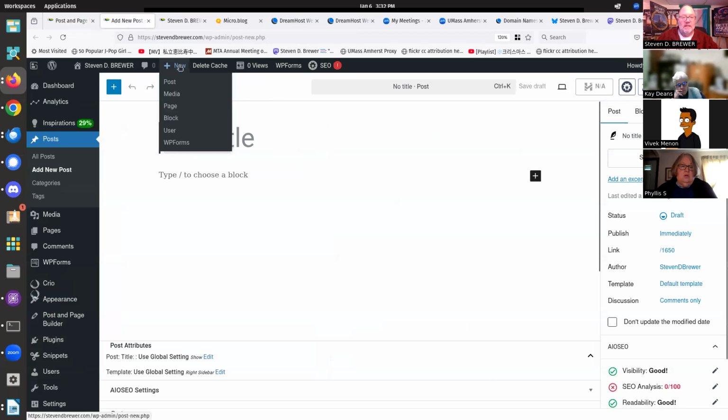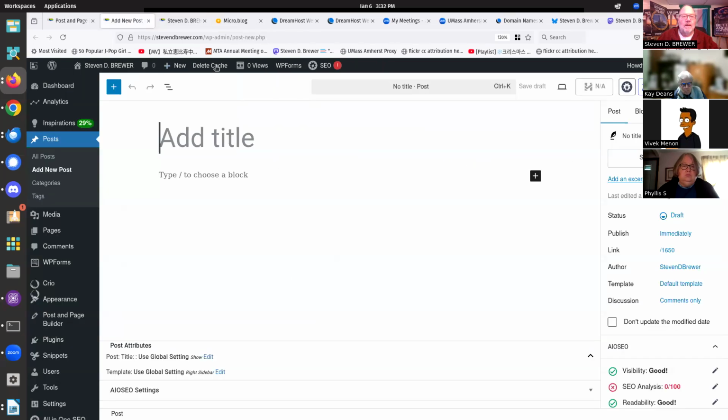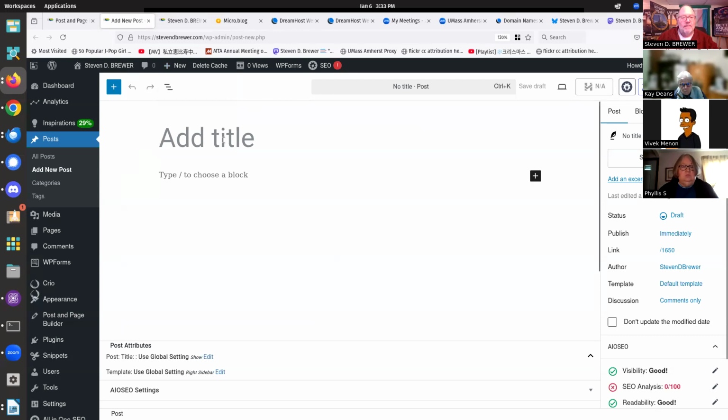But in my case, to create new content, these are all different kinds of content that I can create. As I mentioned, you have just a handful of pages. I had About Me and Books, for example. These are the pages that I've got, and I can create a new page by going to this link. If you want to create a new, basically, news article, one that's going to show up in the blog, then that would be creating a post. And basically, you have a title, and then